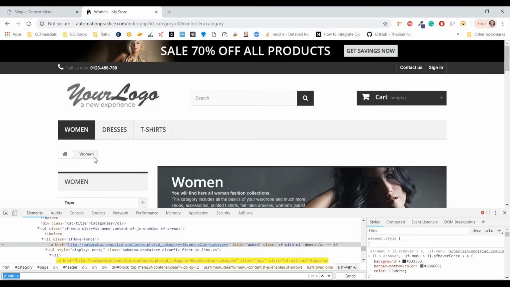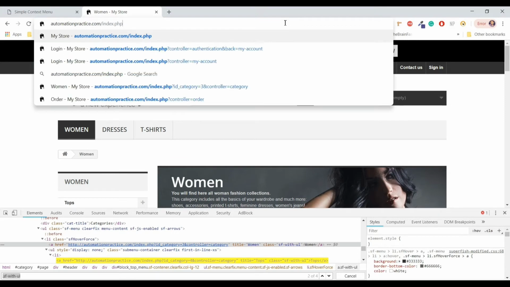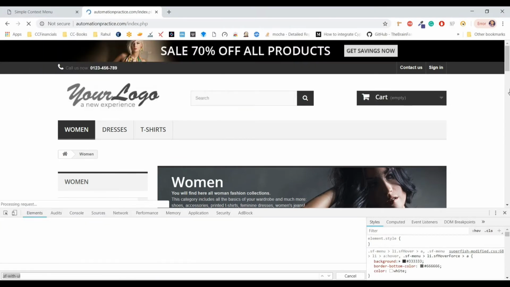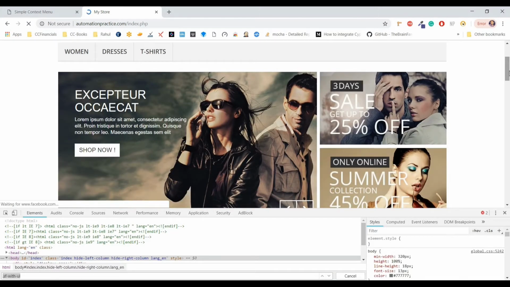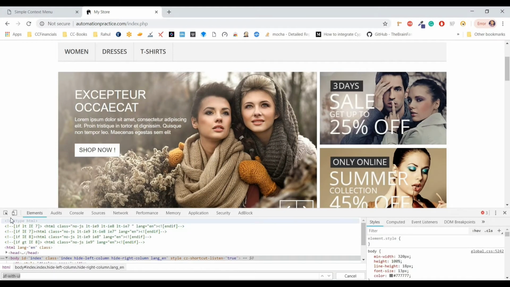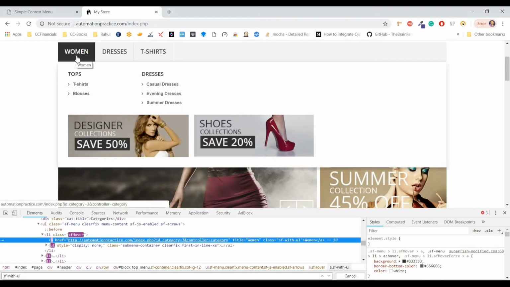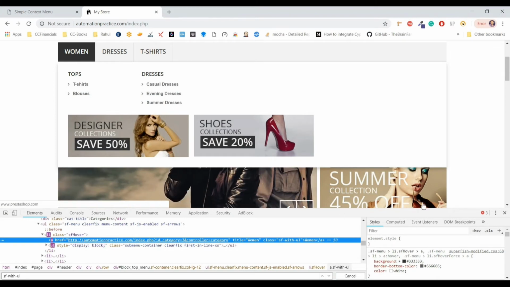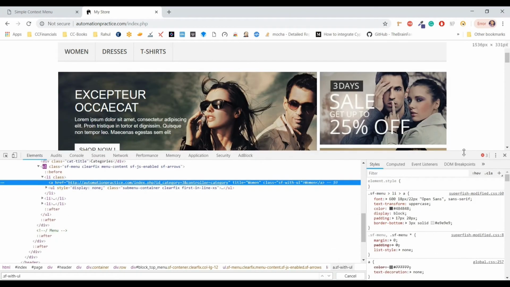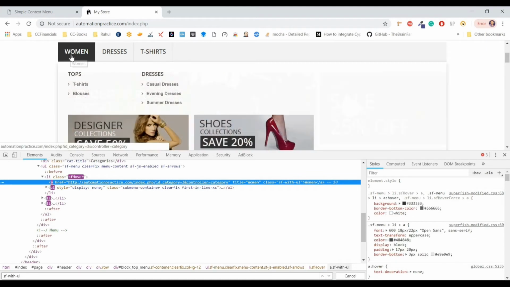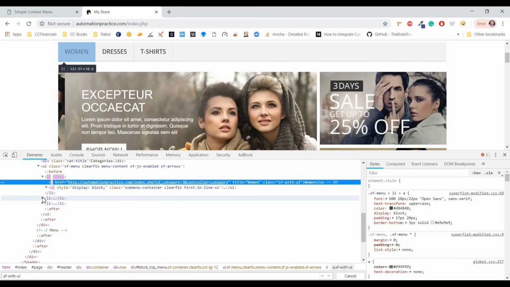So what is happening here is the subcategory pop-up is hidden basically, so we need to invoke its property show. To do that, we need to first extract the locator for the subcategory. So now I can see the class, this sf-menu clearfix.